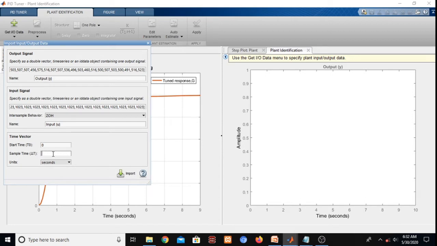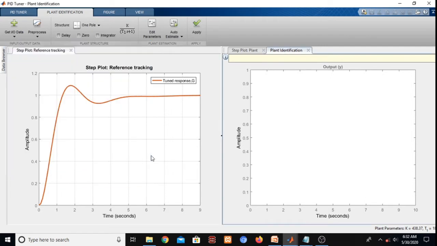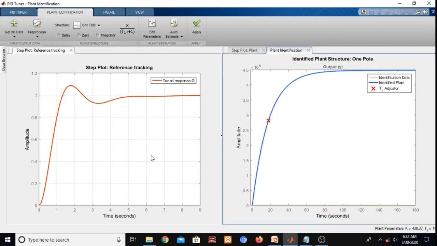Because our sampler has a 100 millisecond sampling time, now we'll say import. See here the data, see the right hand window. So input has arrived here.